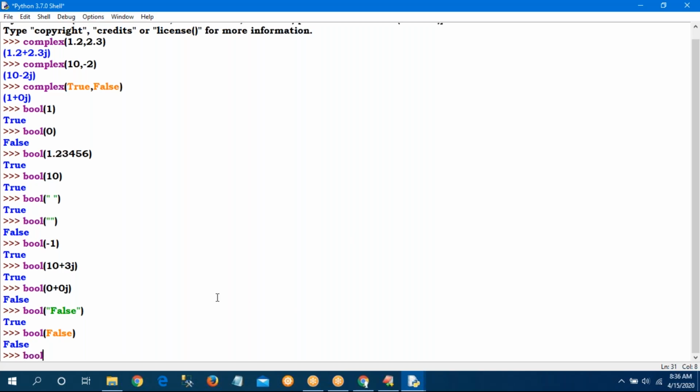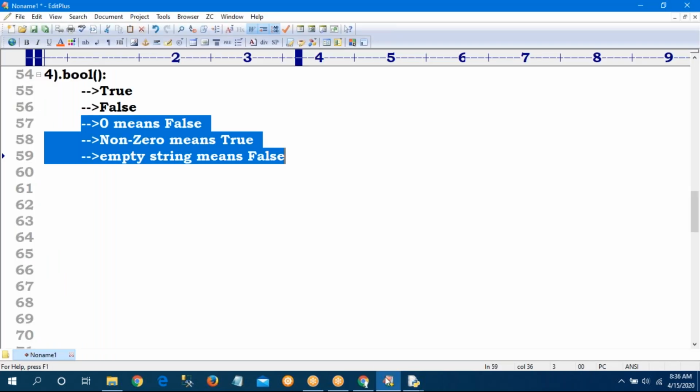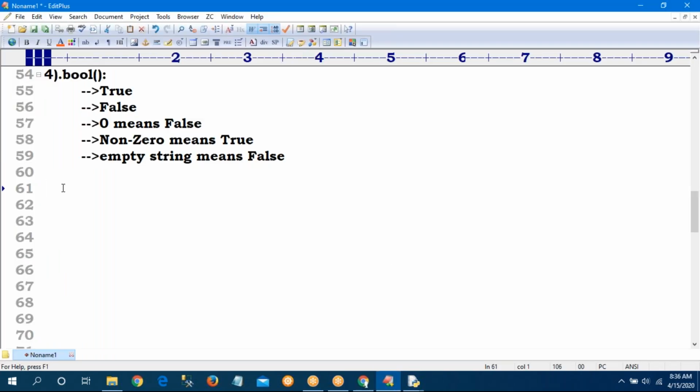So now tell this one, bool of None. Yes, False. None means nothing, 0, empty. So I will get False. That is the fourth function. Last function,